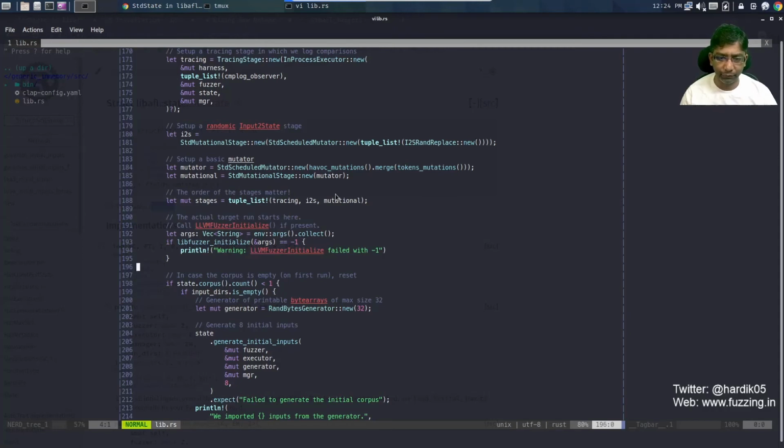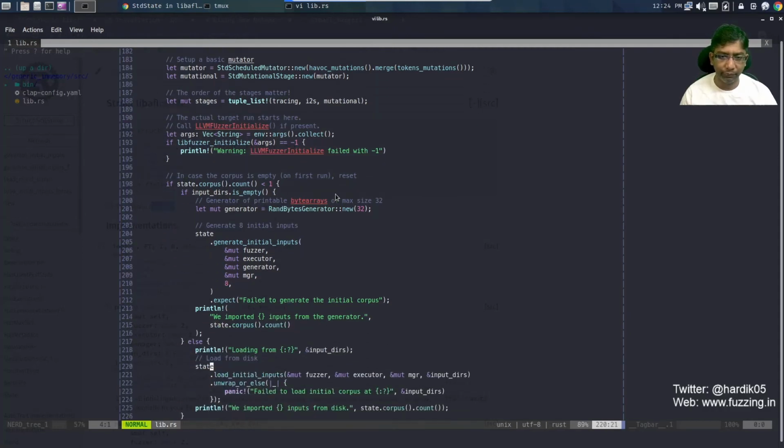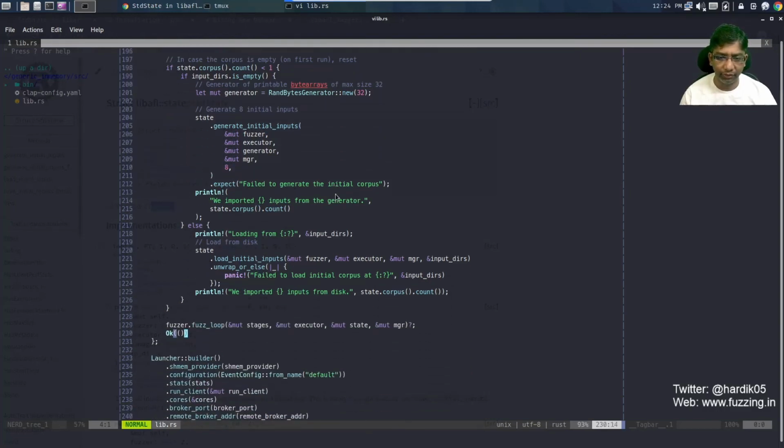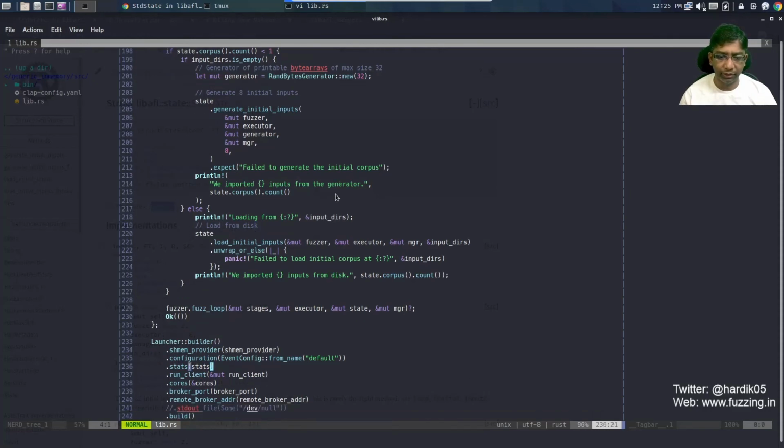And then if the corpus is empty, which is the same as the last, it will basically generate some new corpus, and then it will load the initial corpus. The first run, if we have given some corpus, it will load it from the disk, and then it is calling fuzzer.fuzz.